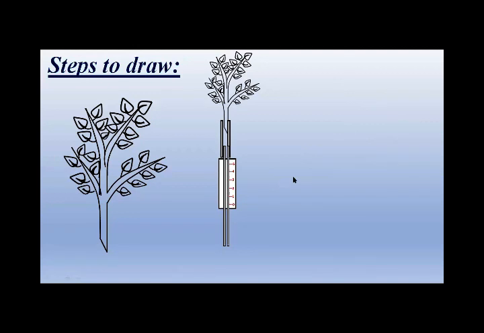After it, you will draw a pot. How can you draw the pot? For drawing the pot, you will draw a square with a measurement of about 3.5 by 3.5 centimeter, or you can also change it to 4 by 4 centimeter. But first, you will give the square a proper shape, so you will curve all its corners.